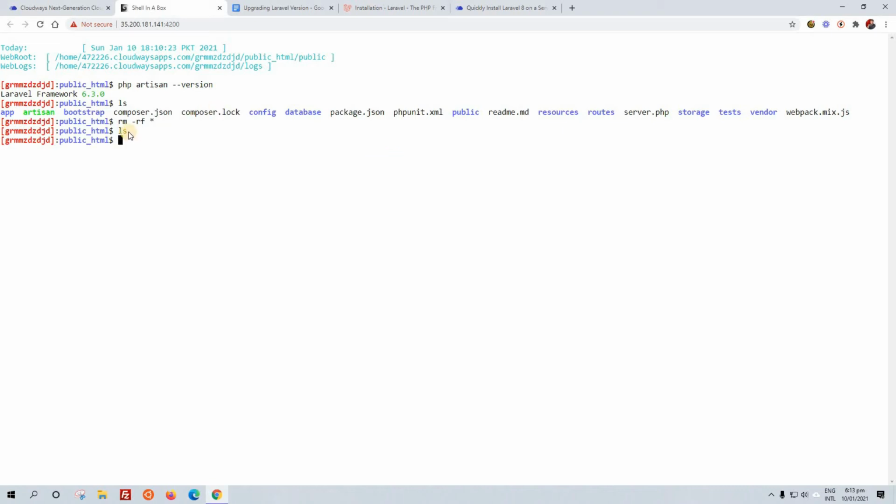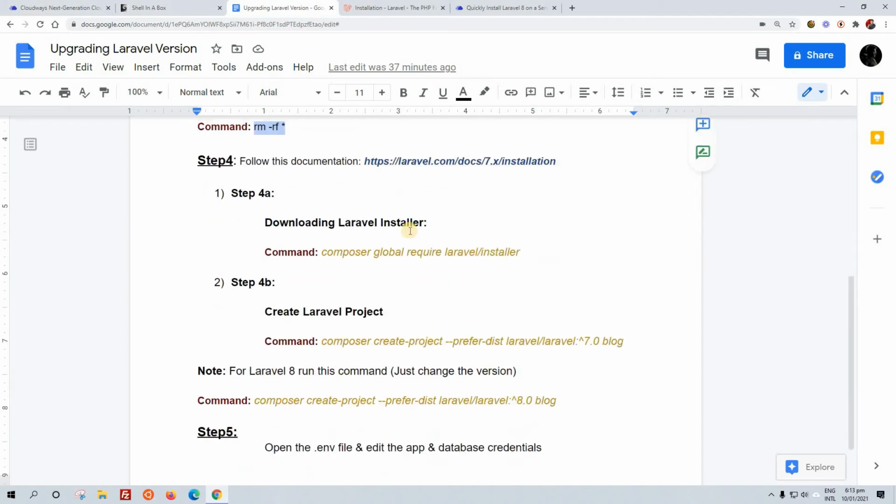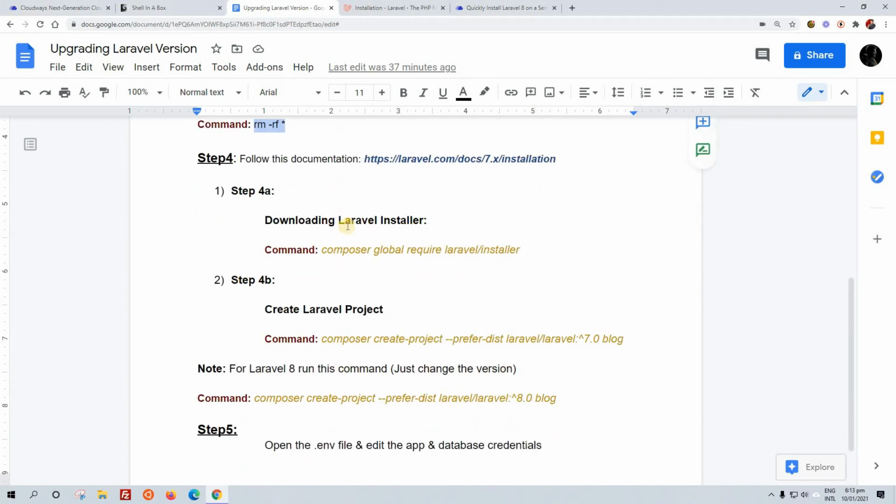When I ls, that is short for list, it is going to display nothing as all the files have been removed. Now we are going to follow this documentation to install the newest version of Laravel, that are Laravel version 7 or 8. Well, 8 is the very new version, and 7 is the old new version.